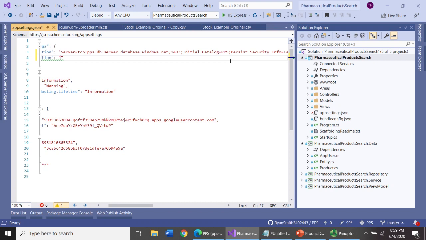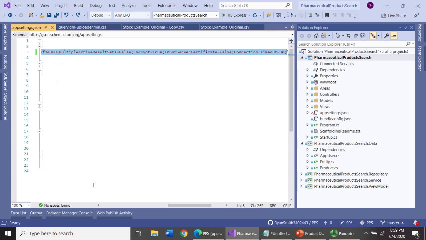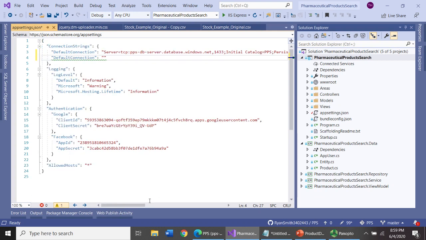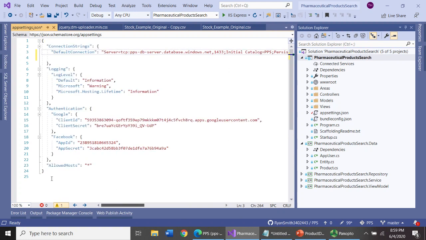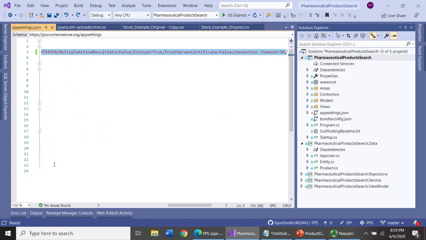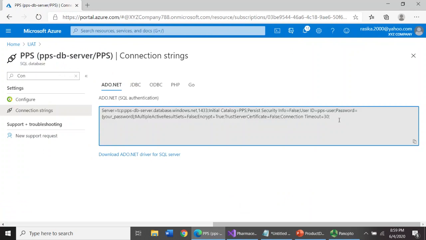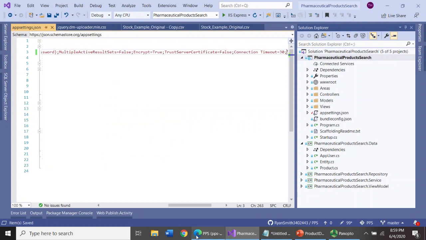because your application is going to connect to the database. The connection string is copied.